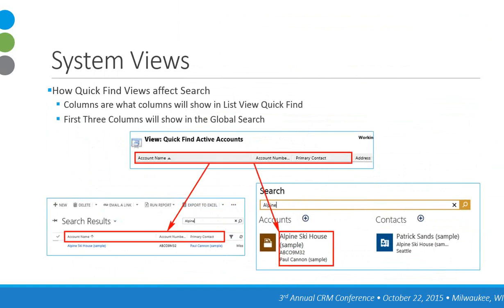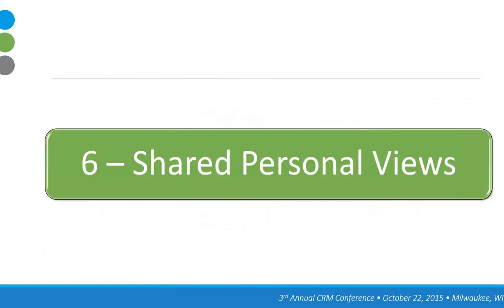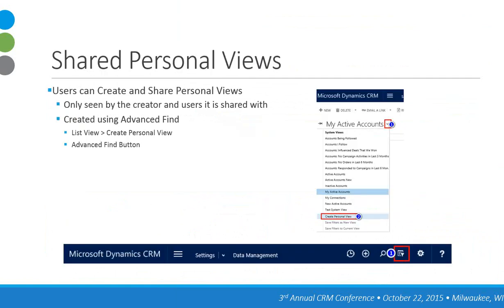They also are the first 3 columns in the list view as well. The next section we'll want to talk about is shared personal views. So users can create and share their own personal views. These views are only seen by the person that created them or who they shared them with, and they're created